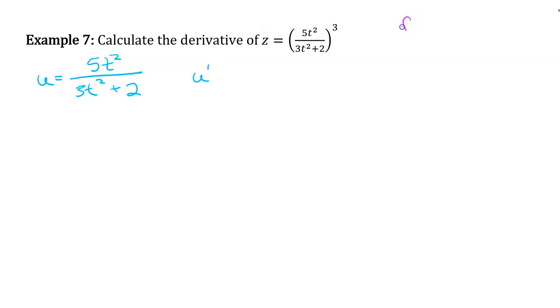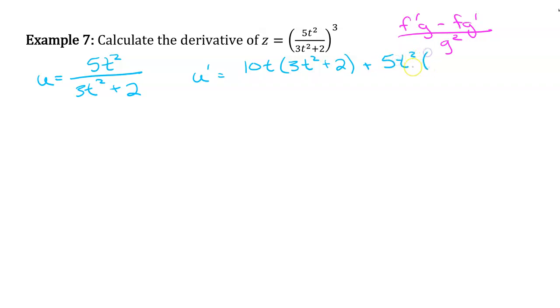and then u prime, quotient rule, that's f prime g minus fg prime over g squared. Okay, so f prime would be 10t times g plus f g prime, which would just be 6t, no? And then over g squared. Do that for a second, and then simplify as much as we can. So that'd be 30t cubed plus 20t plus